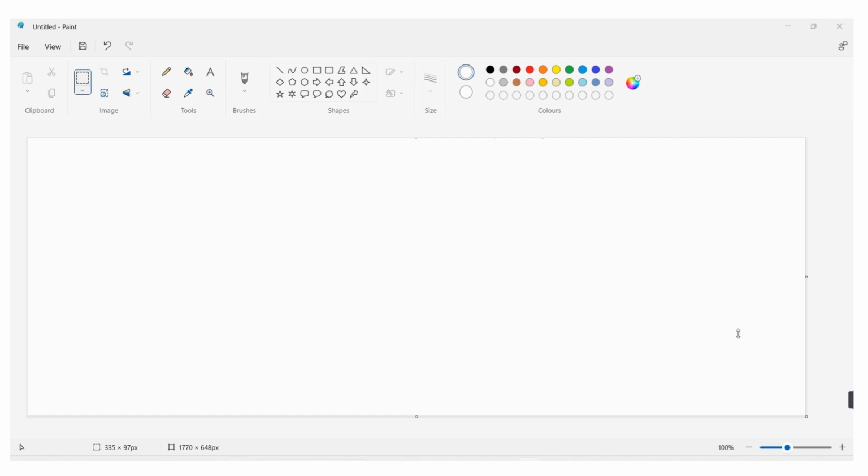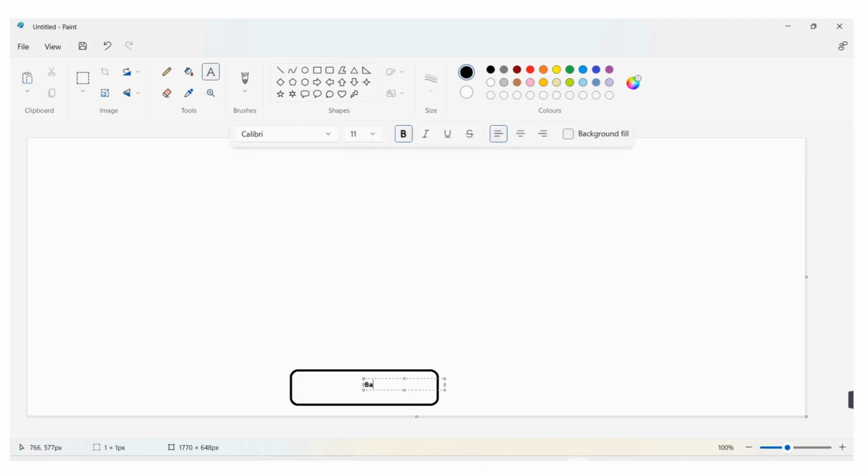Let me draw. Okay, so this is the base layer, we can say,